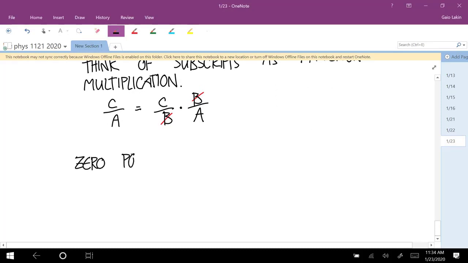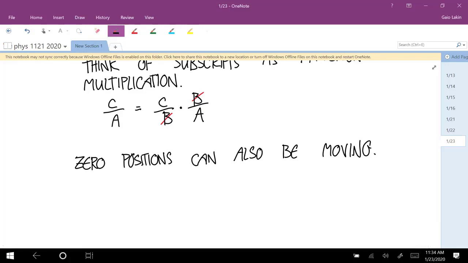So those zero positions can also be moving. They don't have to be. One could be still and one could be moving, or one could be going the other direction. Okay. But if you take